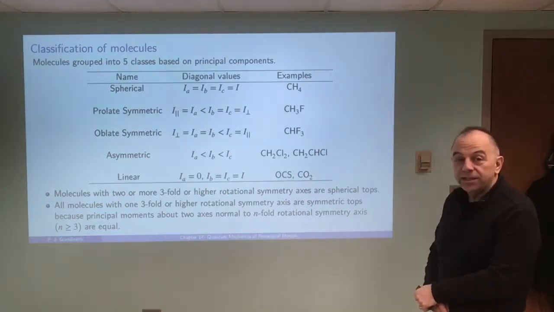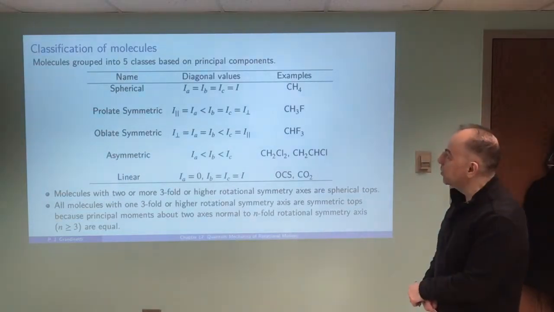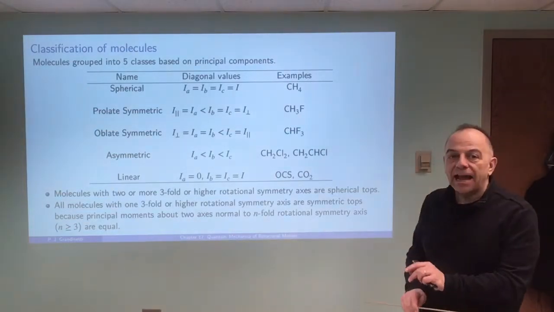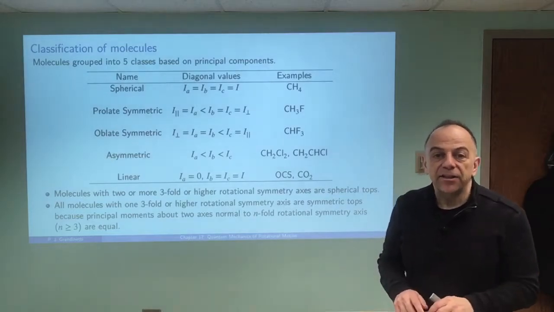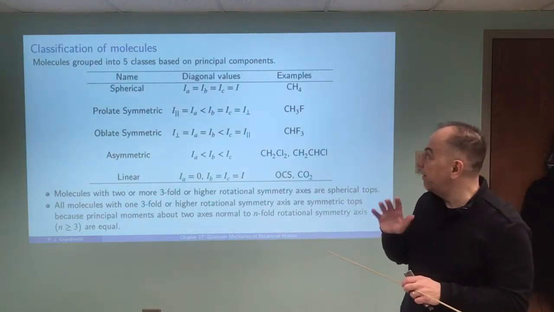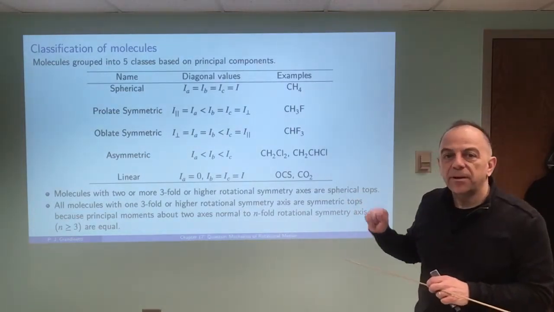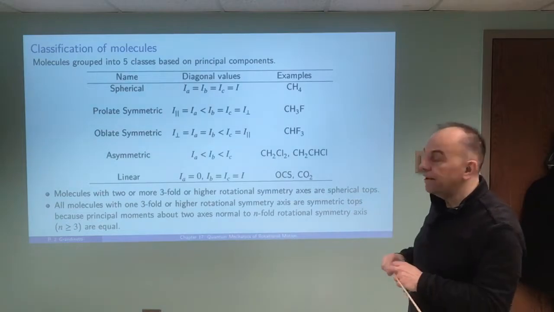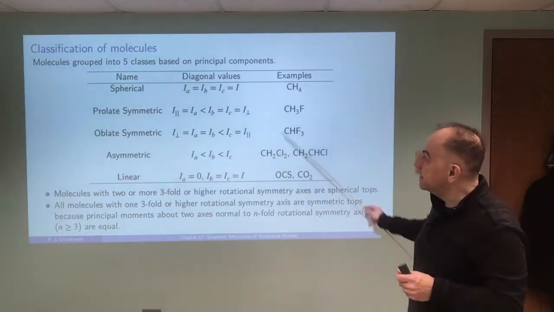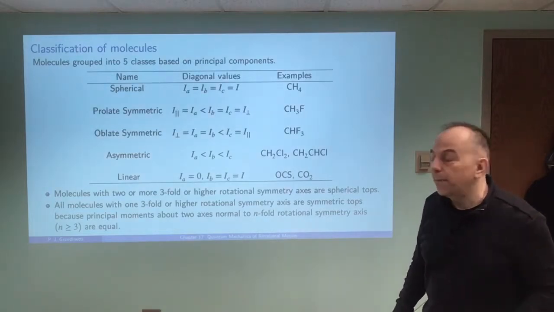In this video, we're going to continue Chapter 17 on the quantum mechanics of rotational motion. And what we're going to start now is looking at the solutions to the Schrodinger equation for the rotational motion of rigid molecules in each of these 5 different classifications. And if you remember from Chapter 4, these classifications are based on the principal components of the moment of